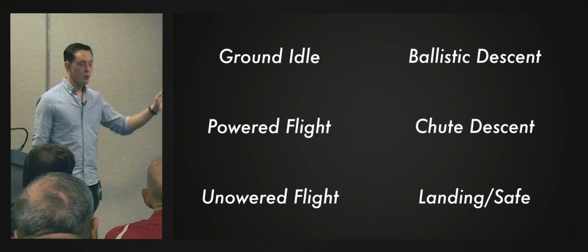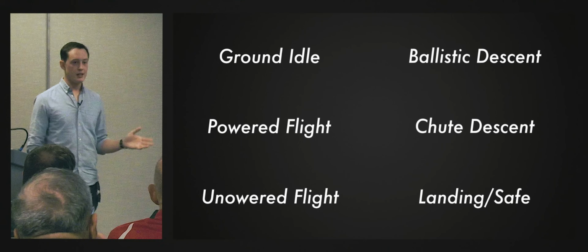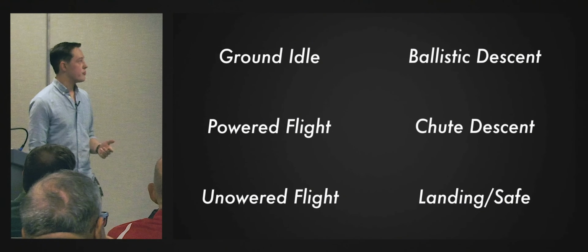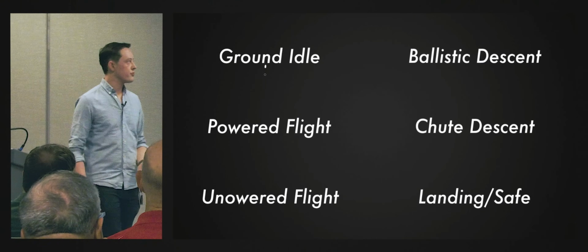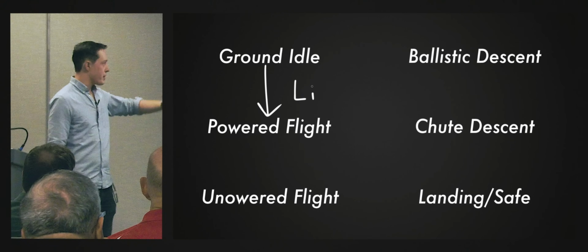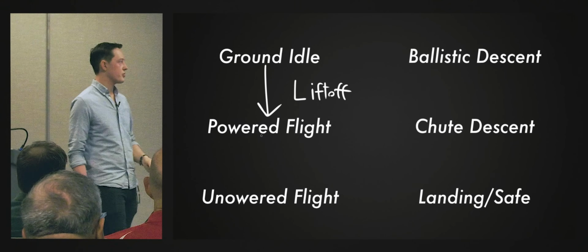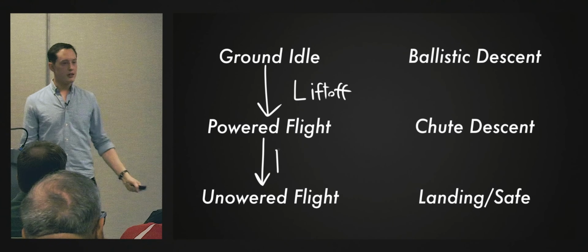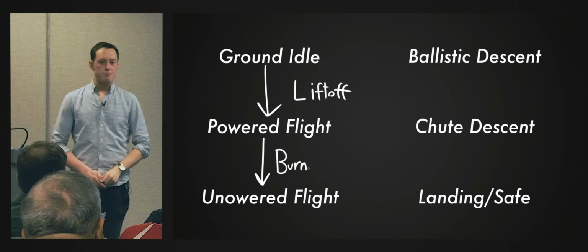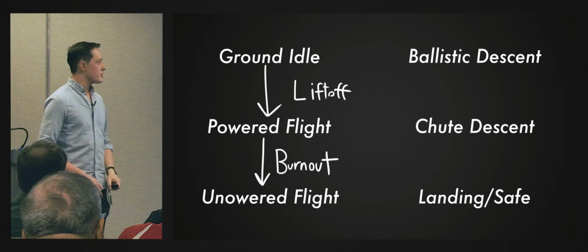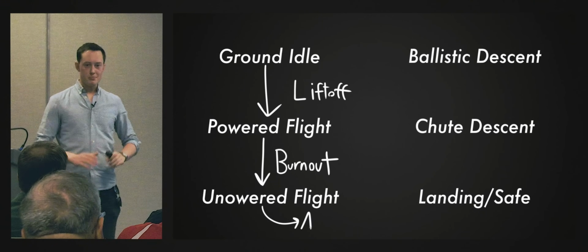And this is really like a core thing that has helped my software stay at least somewhat simple. So when you go from ground idle to powered flight, what does that transition look like? It's liftoff, right? If we can detect liftoff, we know to switch to the next section of code. From powered flight to unpowered flight, again, pretty simple. It's just burnout. A lot of these things are not super complicated, but I wanted to be sort of exhaustive